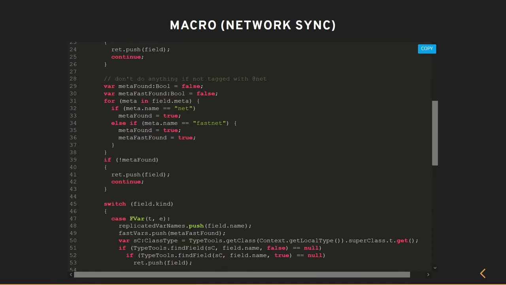Right. So now we have our field, which is either a variable or a function, and we're going to iterate over the meta tags. This is everything that starts with an at, for example, our @net. Here we determine if this specific field has a net tag, or for example, a fastnet tag.